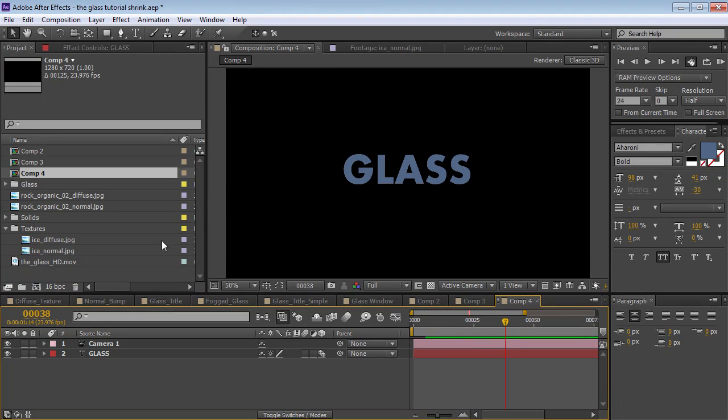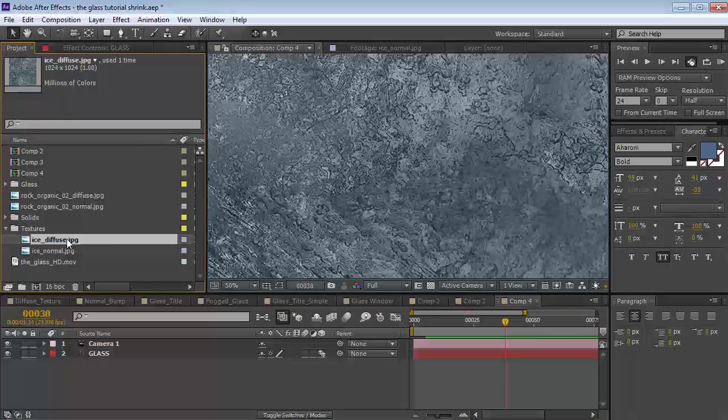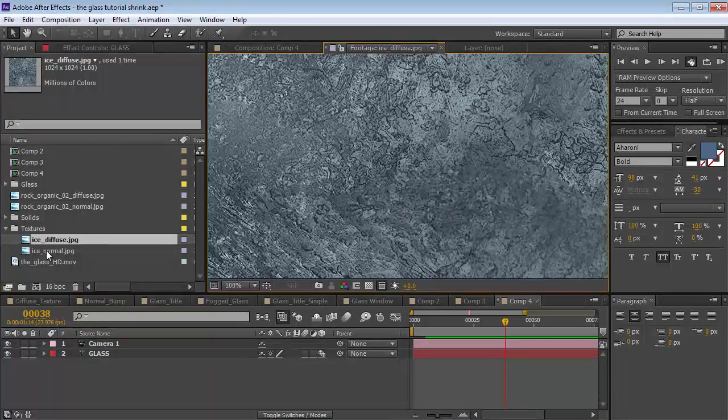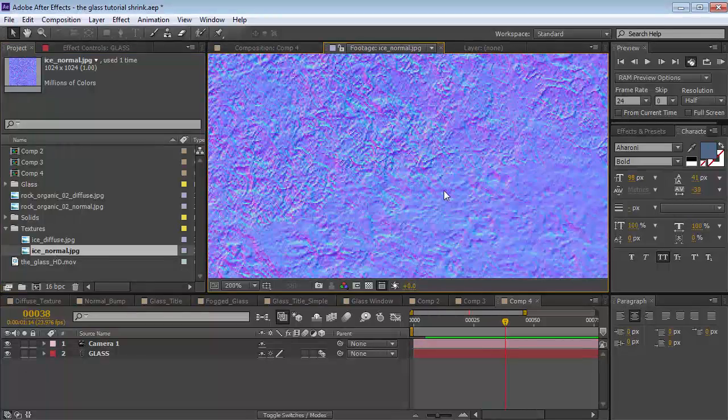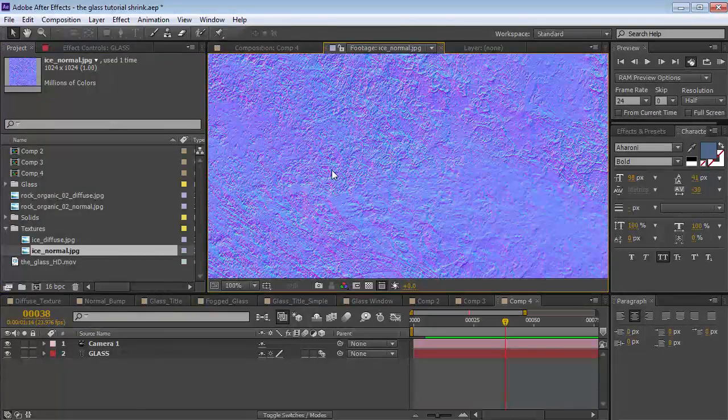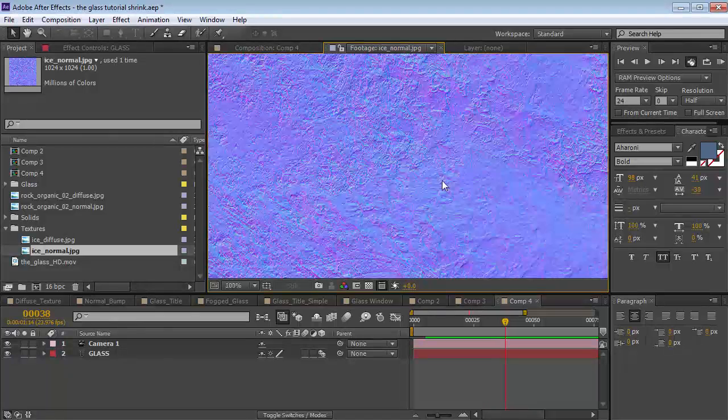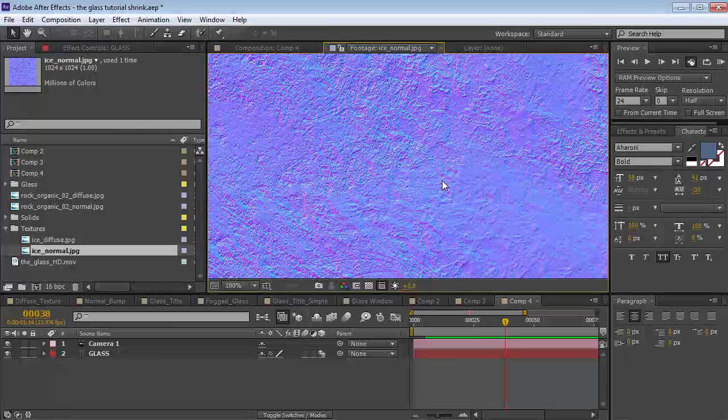All right, so now we want to create the displacements. I've got this ice texture and I've also got this ice normal map. So a normal map is a special image that's been processed. Now there's various ways to do that. I use Crazy Bump, but if you do a Google search for normal map generator, you can find some different